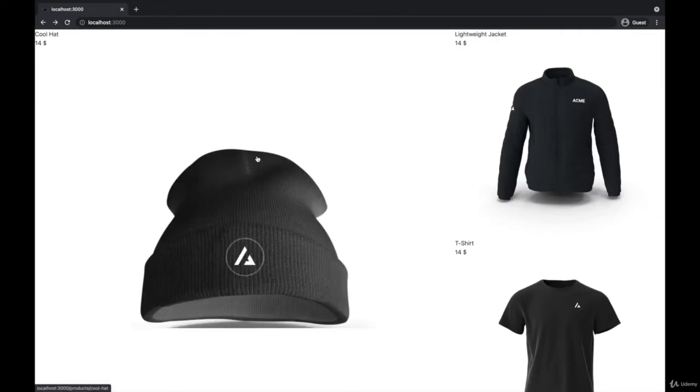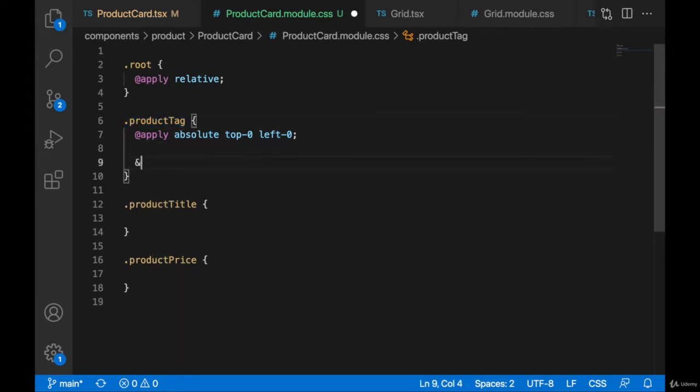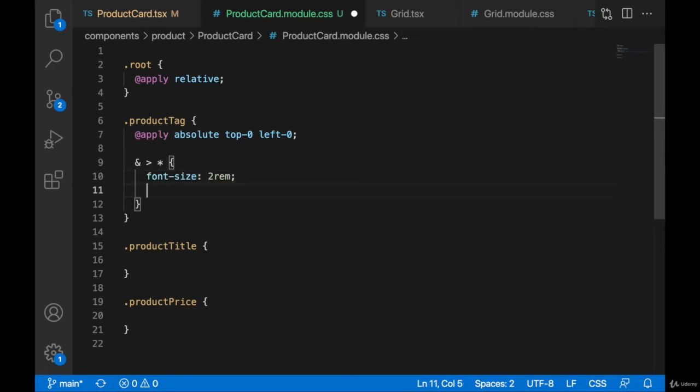But let's refresh this, guys, and let's provide more stylings here. What I would like to do also is target every child of the product tag and increase its font size. So I'll write here every child of the product tag, and I'll write font size, it will be 2 rem units, and the letter spacing will be